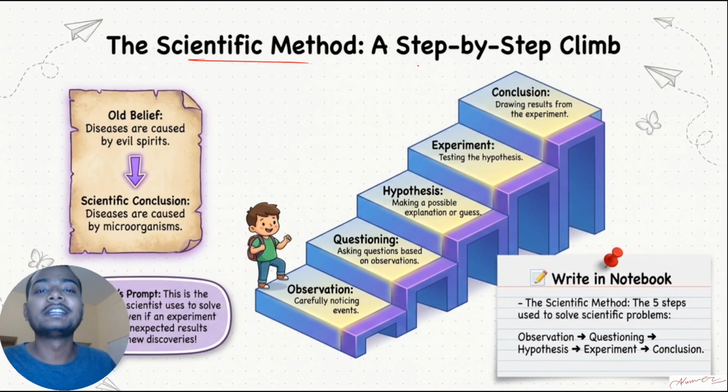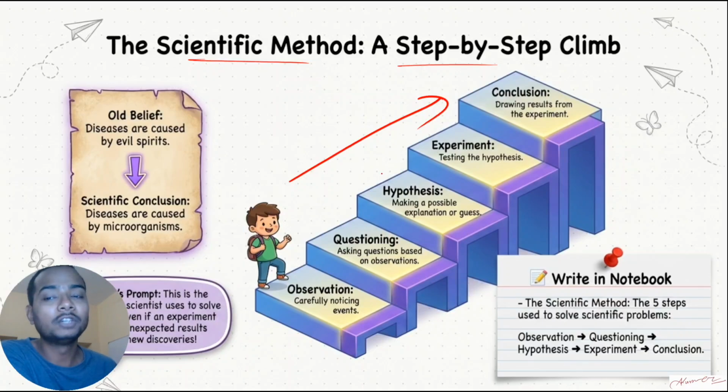This is an important aspect. What are the 5 methods, or basically 5 scientific methods? How do you think like a scientist, so that you try to find out the answer, and eventually you get to the conclusion by yourself. Okay. Now, for example, there was an old belief that diseases are caused